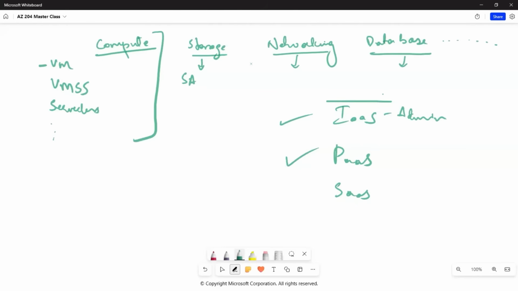You cannot always rely on the admin to deploy your applications for you, because admins maintain the infrastructure, right? You cannot always ask them to deploy, but if you want to do it all by yourselves, you can just go with platform as a service. And Azure has a suite of services which will help you deploy your applications all by yourself. You don't have to wait for them, right?